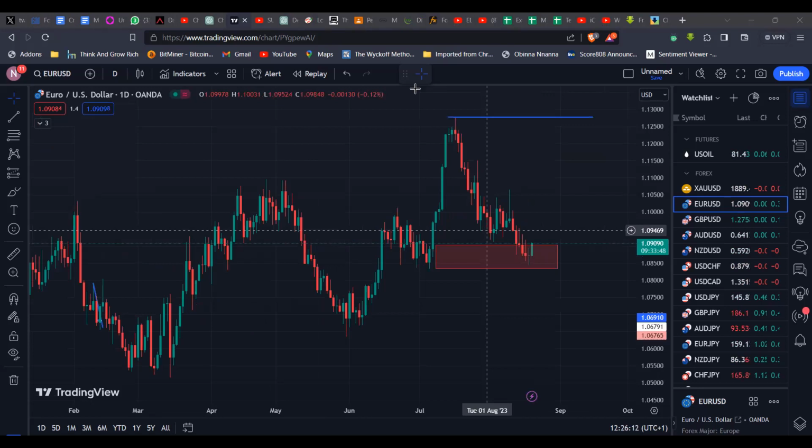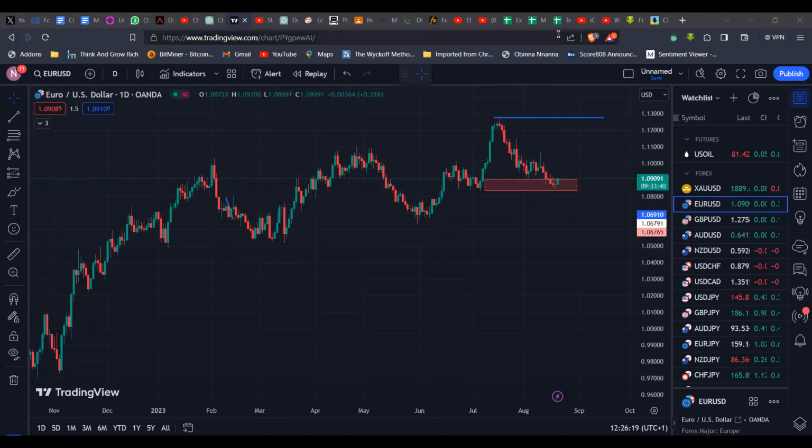Now, if we look at the last couple of moves that the price has made, let me zoom out a little. You'd see price came from this high to this low, to this high, to this low, to this high, to this low, and now this high. Where did this move here that caused the break out of this previous structure come from? It came from here, right? So if this market wants to maintain the bullishness, we should see price hold. That's the idea, and then probably come back to this top.